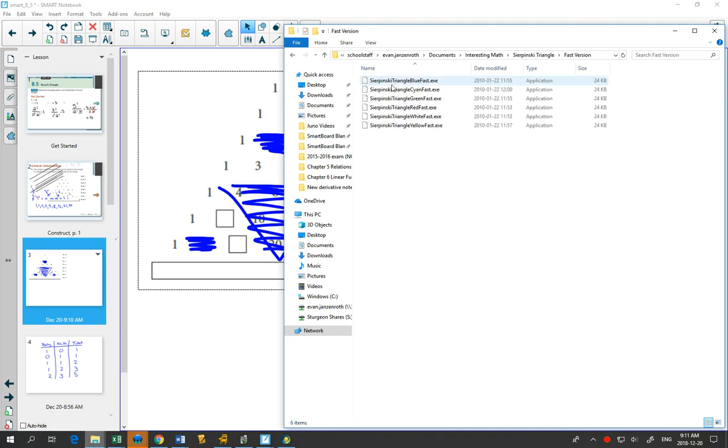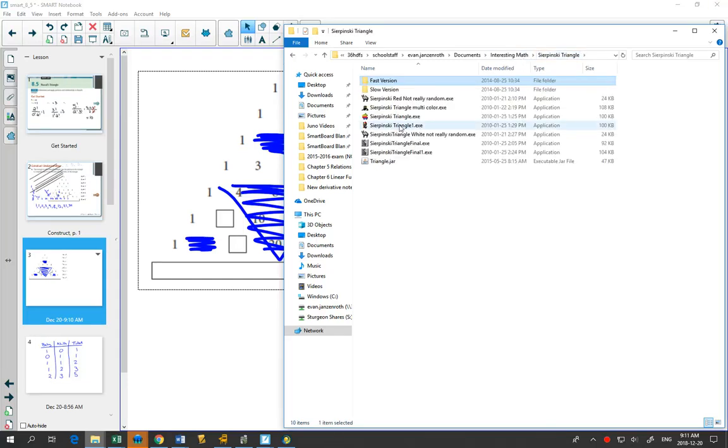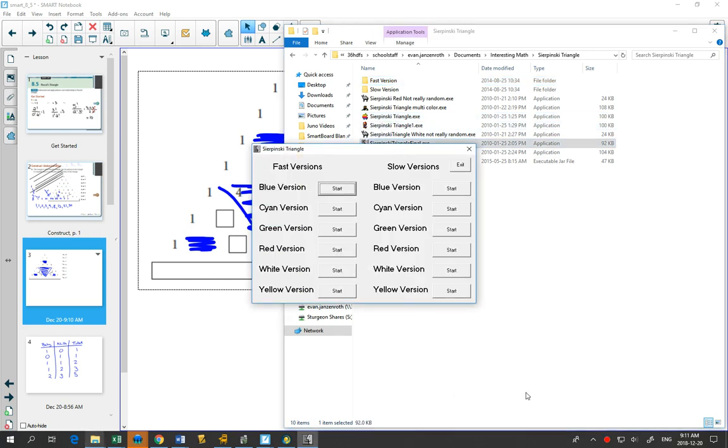All right, let's go. What color would you like to see Sierpinski's triangle in? Okay. Let's see. There, we can pick. We'll do a fast version in what color? 7. Okay, so first of all,